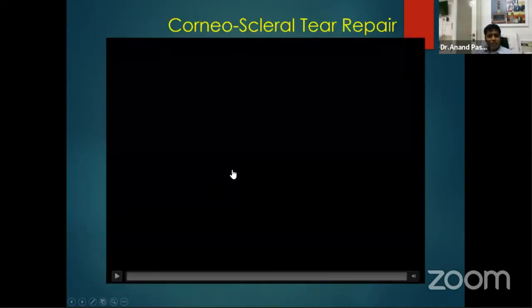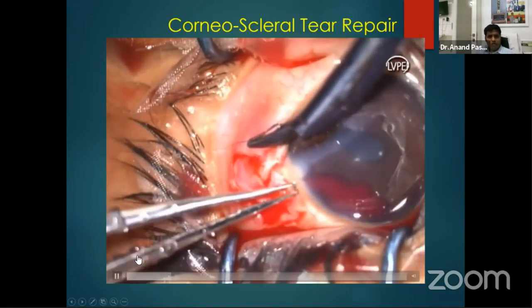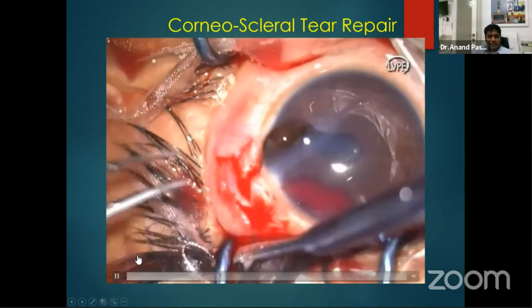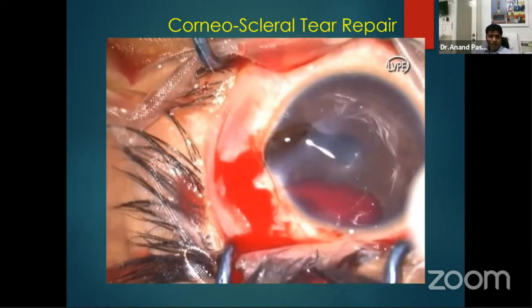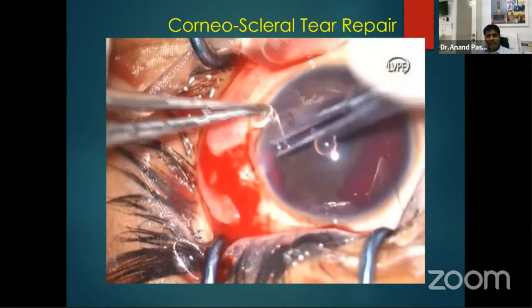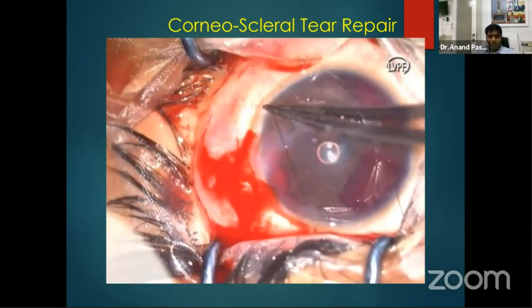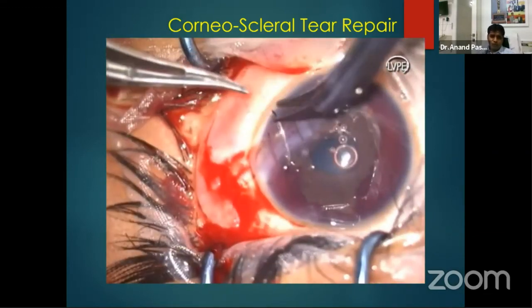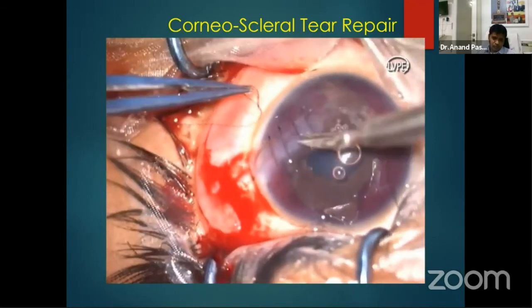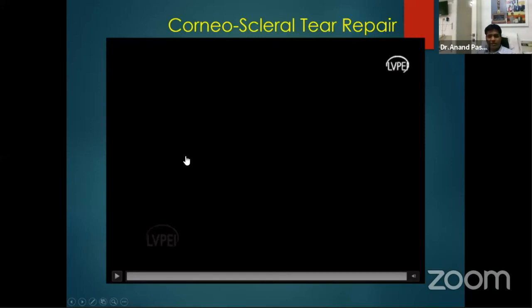Then another thing we come across is corneoscleral or primary scleral tears. In these cases, again, as I said, the first suture needs to be applied at the limbus so as to achieve good anatomical apposition, and then the corneal part may be done, or the scleral tear may be started. But the most important thing is to first put the first suture on the limbus, and then the sclera may be sutured using Vicryl sutures.